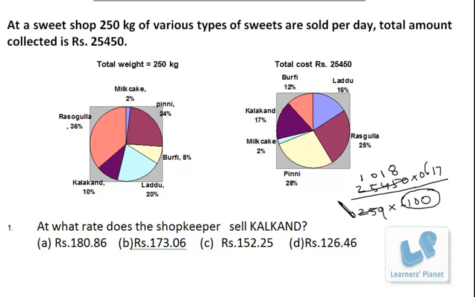Now after that, instead of doing the full calculation, we have two choices. Either we can go for the digital root concept. How do we do that? Our calculation is exactly 1018 into 17. What is the sum of the digits over here? It's 8, 9 and 10, that is 1 only. And the sum of digits over here is 7 plus 1, that is 8. So in all, the digital root over here is 8.